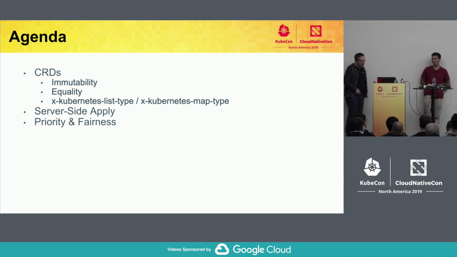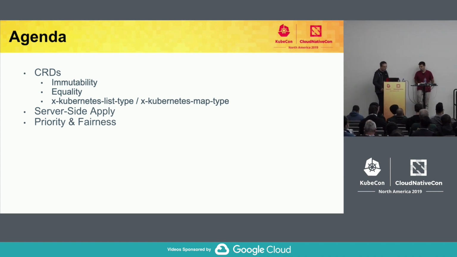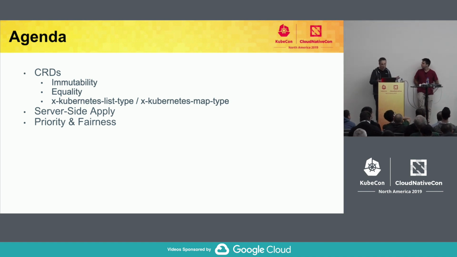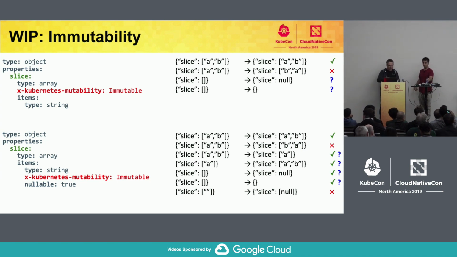So one topic we are talking about in the SIG at the moment is immutability, so marking things in a CRD as unchangeable. As you know from pod specs, for example, pod specs cannot be changed. Similar things we want for CRDs, and I will start with that. It's not finished. Everything here is work in progress. There's a CAP, and there's a PR against the CAP to update it. I just want to show what the ideas here are.